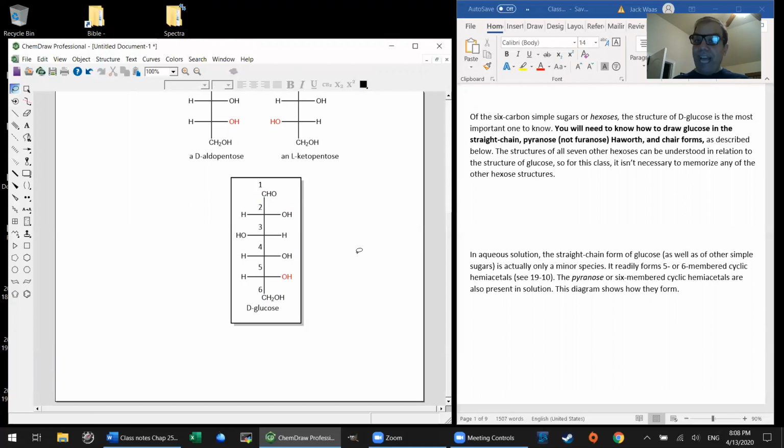In order to get L-glucose, which certainly exists, you would need to flip the stereochemistry on all 4 of these carbons. So instead of right, left, right, right, L-glucose would be left, right, left, left. It's the enantiomer of D-glucose. What if you leave some of these the same and others different? Well, then you'll get another sugar. It'll be a different aldohexose.